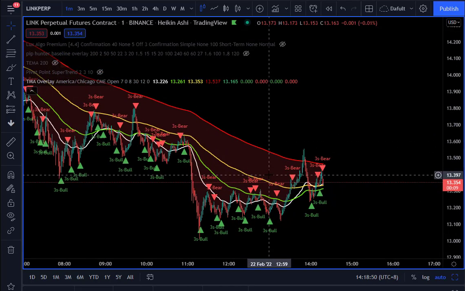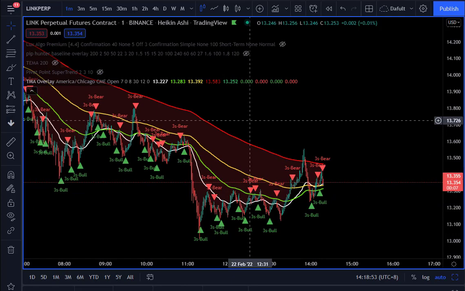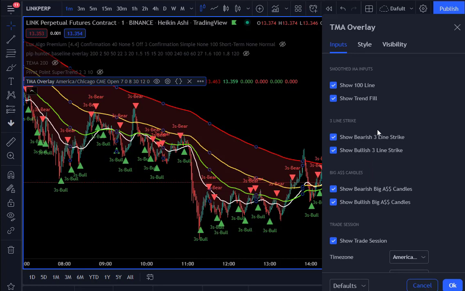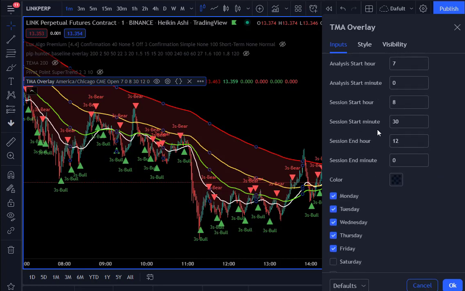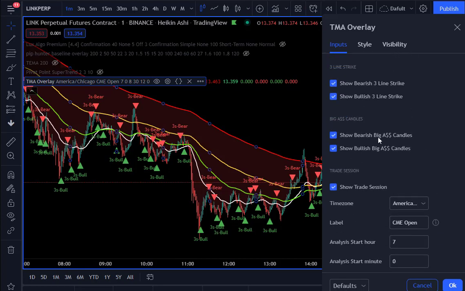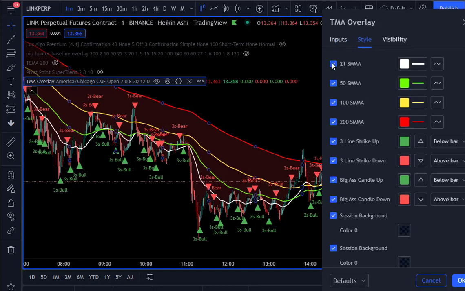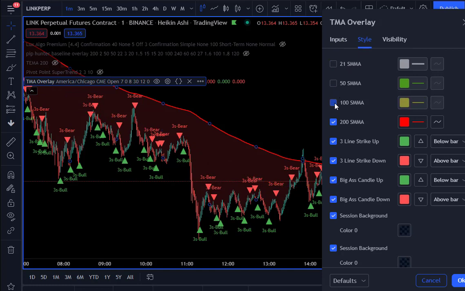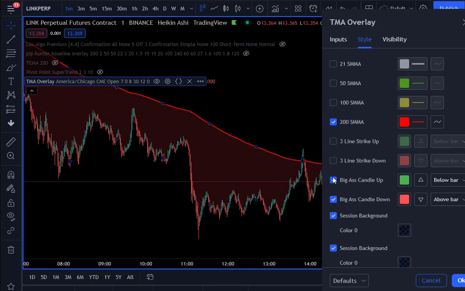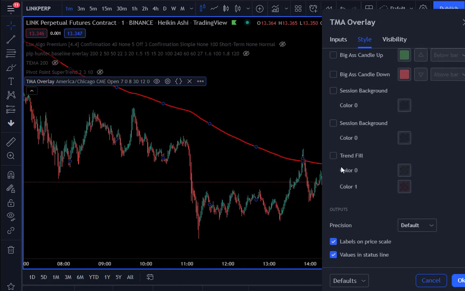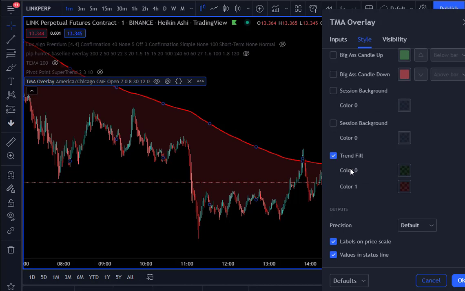All right, when you first put it in, it's very messy. I know there's a lot of lines, but we don't need all these lines. So the first thing I will do is take away the unnecessary lines. We only need the 200 EMA line. So take away this, this, and this. You can leave them there if you want to, but I don't normally use all this because it's very messy. Once you have that, you can slowly explore them all, but basically you only want this